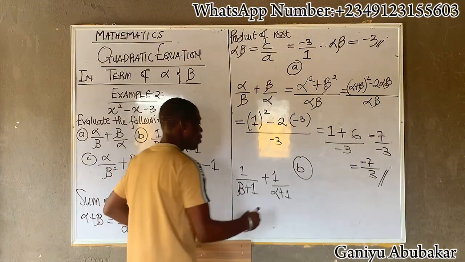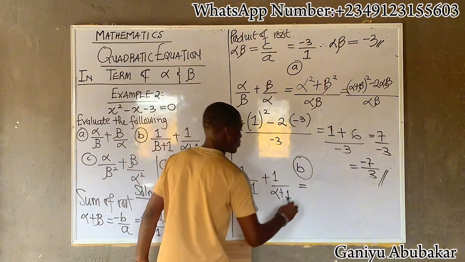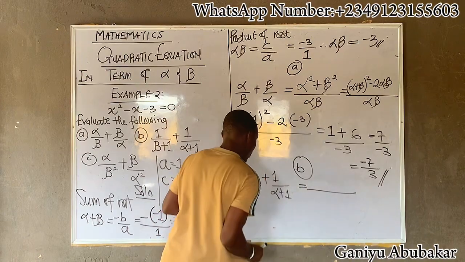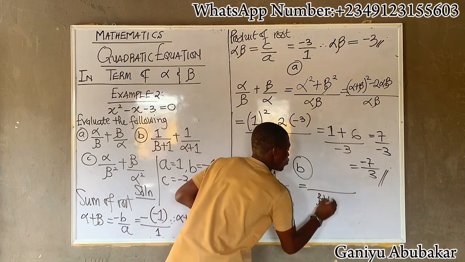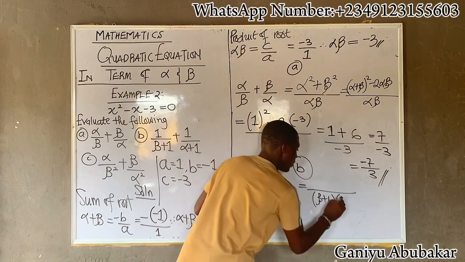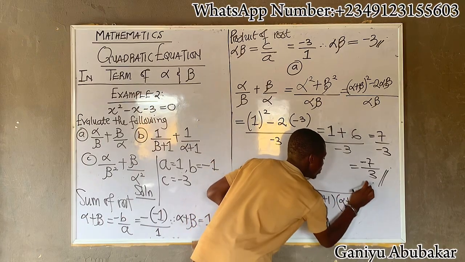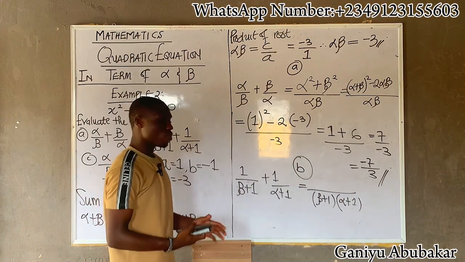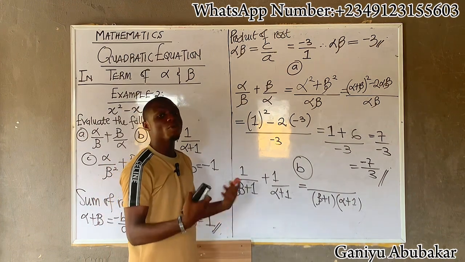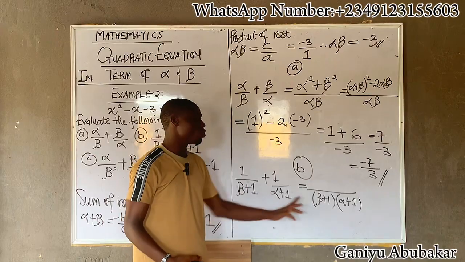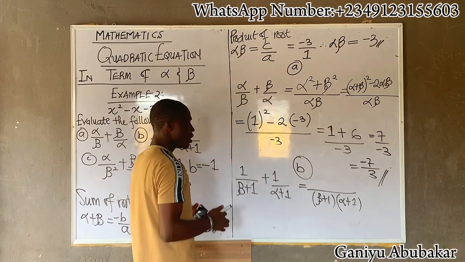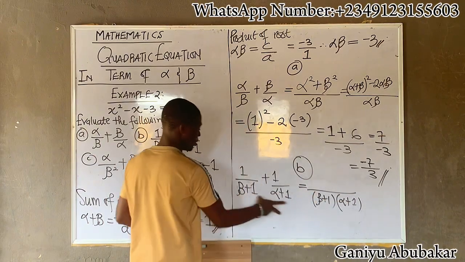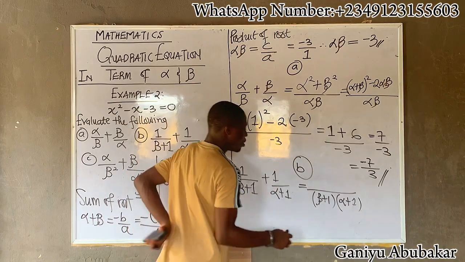So from here now, my LCM for these two becomes beta plus 1 into alpha plus 1. So if you have two uncommon terms, like for this one now, I have two uncommon terms. So the 2 becomes the LCM. Now, divide this by this. If I divide, observe,